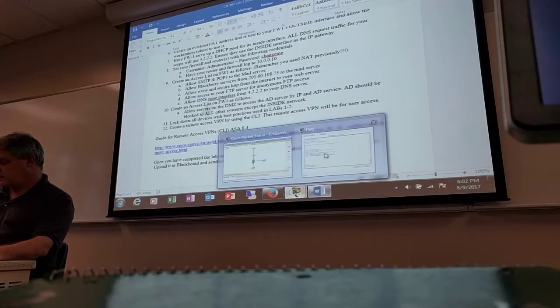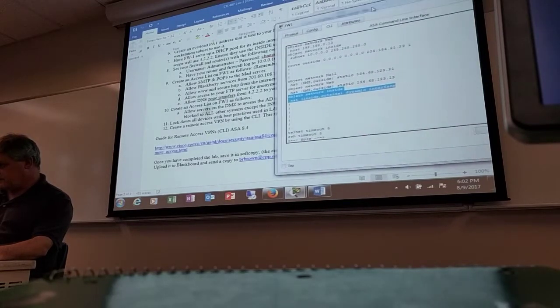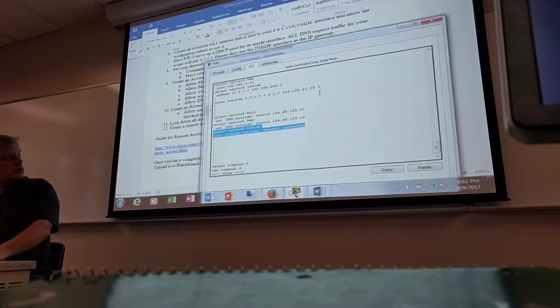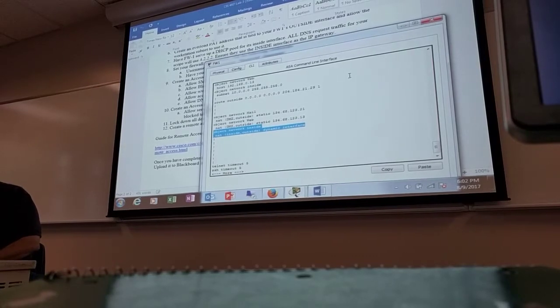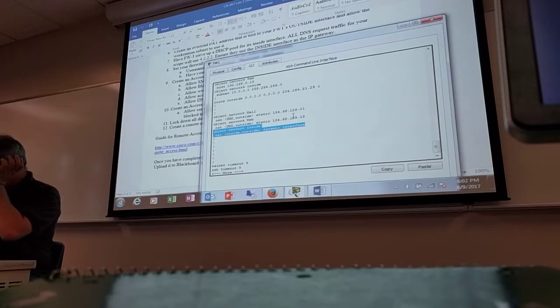Okay, so we can see that. All right, so in setting up a DHCP pool, we're going to set it to serve up IP addresses for the inside network. All right, and we're going to set up a DNS server of 4.2.2.2, and ensure that the inside address of the firewall, which is 10.0.0.1, is the